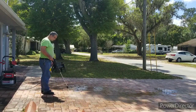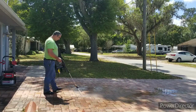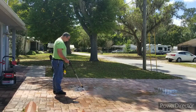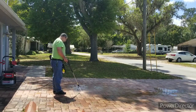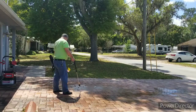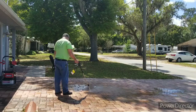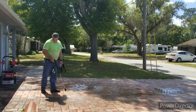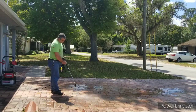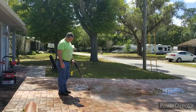I have used the big 4,000 PSI with huge motors. They're always heavy, hard to load in and out of the truck. The hoses are real stiff. They actually have so much pressure that they kind of kick back, and you almost have to hold them with 2 hands, some of those big ones I've used. And very much at the end of the day, you're just whooped from pressure washing because you're fighting that heavy,